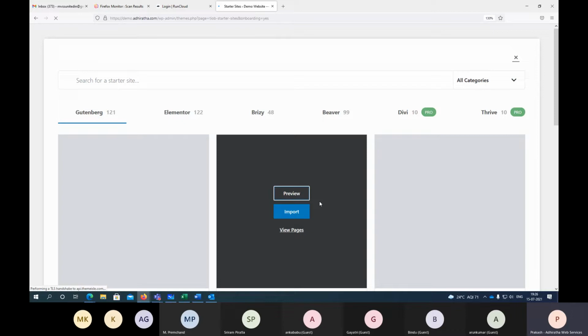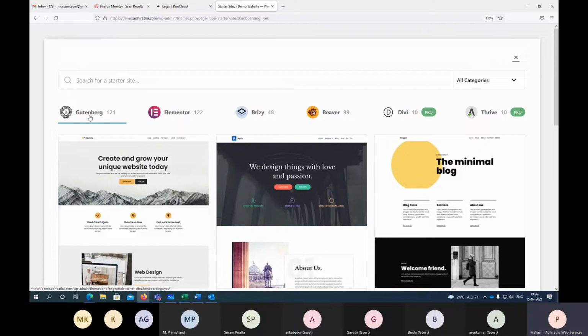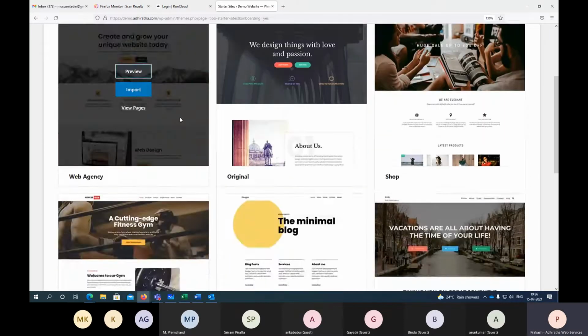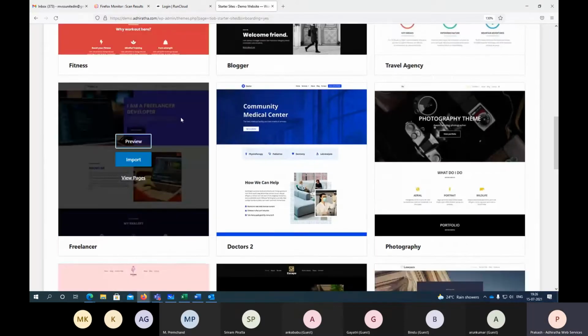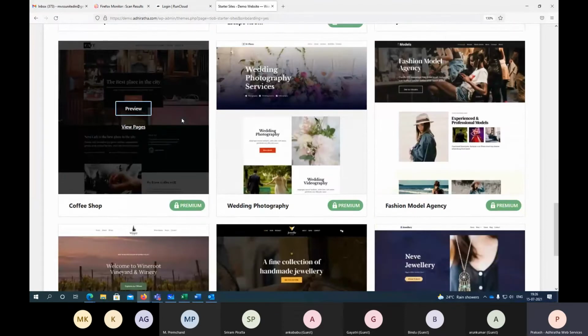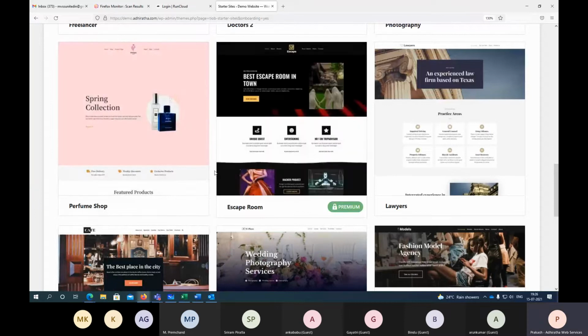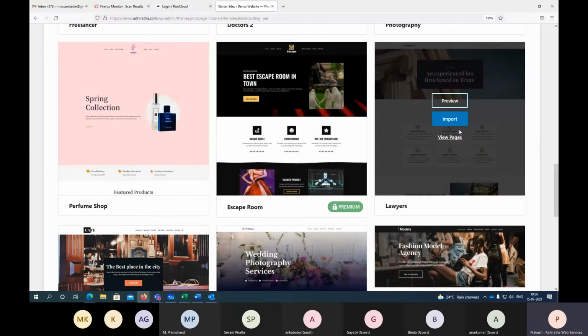So morning, which site did we launch? It is a shopping site, right? I mean e-commerce website. So now, see again, it is asking which editor you want to use. Gutenberg, Elementor, Brizy, Beaver Builder. Like this, you have multiple options here, right? So let us pick Elementor again. Now, morning we did a shopping site, right? So this time let us pick something, or you guys pick something. Okay, don't pick the premium ones because we are not paying, right? We're using a free version. Can we pick Lawyer's website?